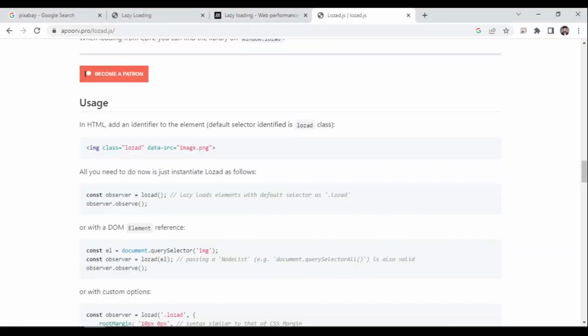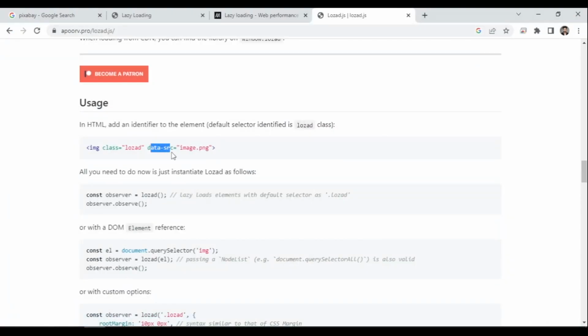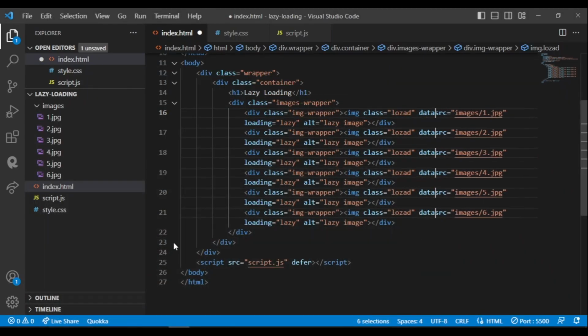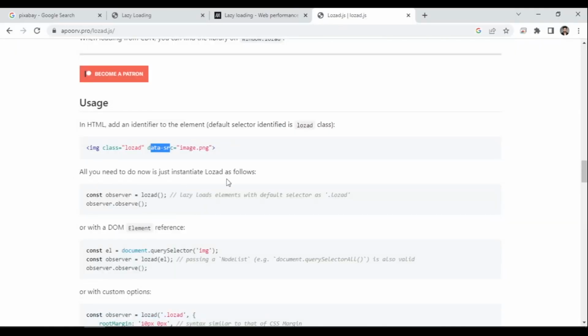I guess that was Lozad. Yeah. And then source is going to be replaced with data source. That is what I'm going to do, data hyphen source. All right, and that's it. I guess. Do we need anything? No, what we need is now